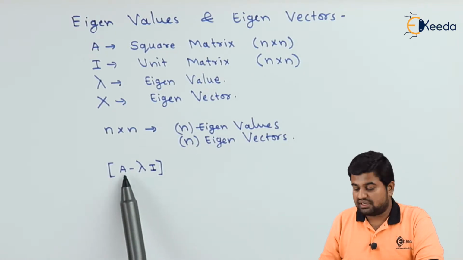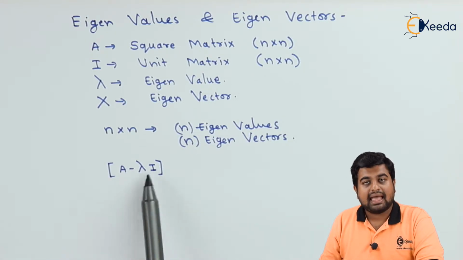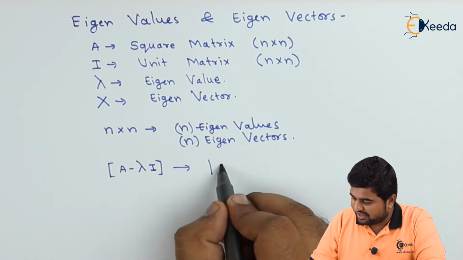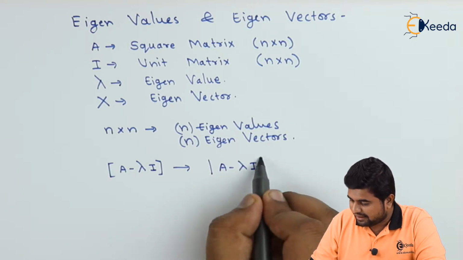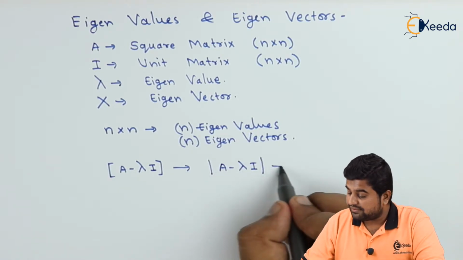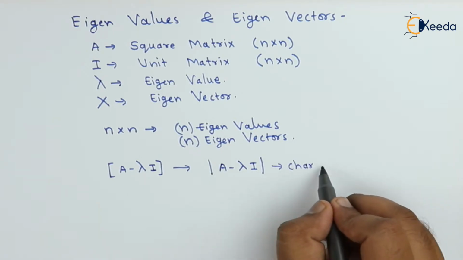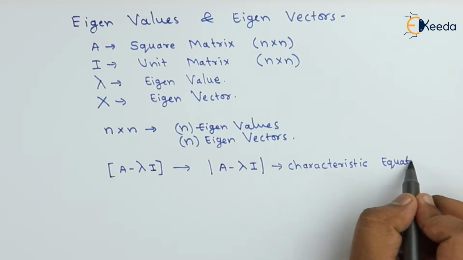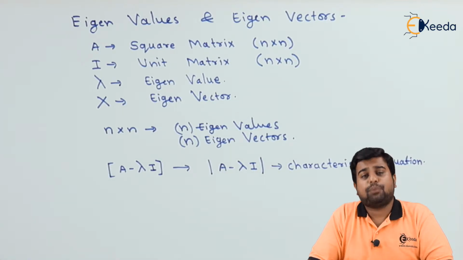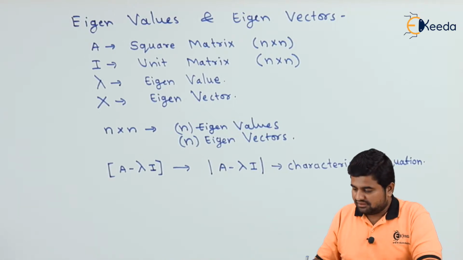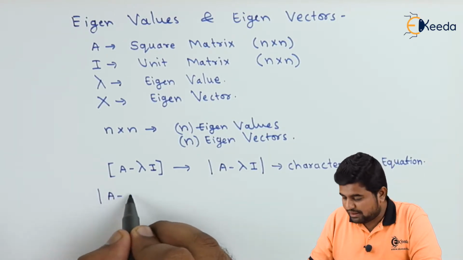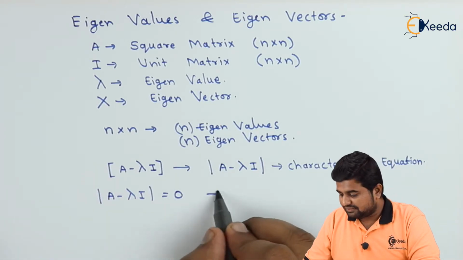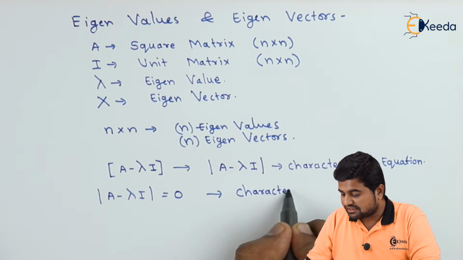We calculate A minus lambda I, and if we take the mod or determinant of A minus lambda I, then it is called the characteristic polynomial. When we equate mod of A minus lambda I to 0, we get the characteristic equation,